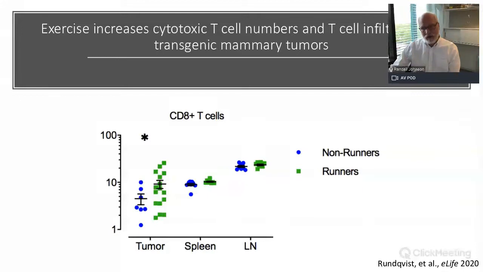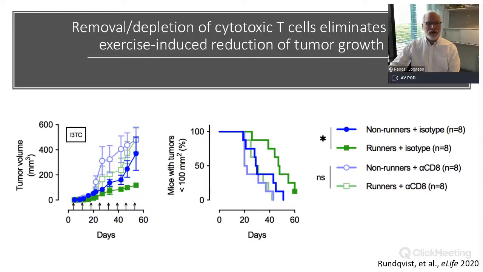And the thing that started getting us really interested in the relationship between CD8 T cells and running was the fact that when we did single cell isolations of spleen, lymph node, and tumor from runners and non-runners, the most striking difference we saw was that there was a very significant increase in cytotoxic T cells from the tumors of the runners compared to the non-runners. And in fact, we were able to do a depletion of the cytotoxic T cells in runners and non-runners. And